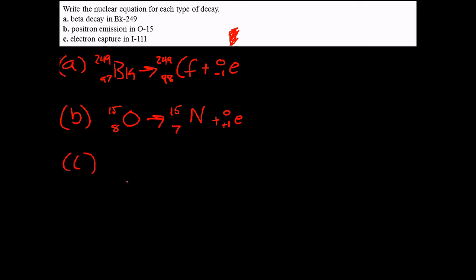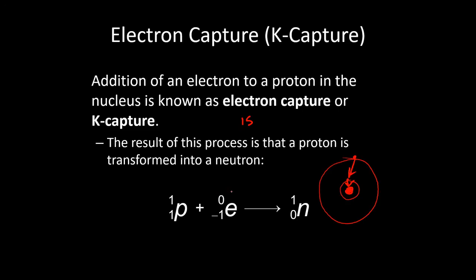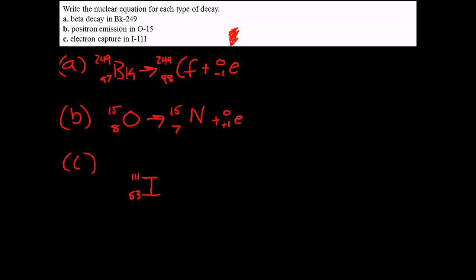The last one here, it's going to be a little bit different. We have iodine-111. Iodine, by the way, is element number 53. This is going to be a little bit different because this is the one type of nuclear equation where we actually have 2 reactants and only 1 product. Our product is going to be different than just a neutron. But we're going to have 2 reactants and 1 product because we are adding something to the nucleus instead of spitting something out. So we're going to have iodine-111 plus